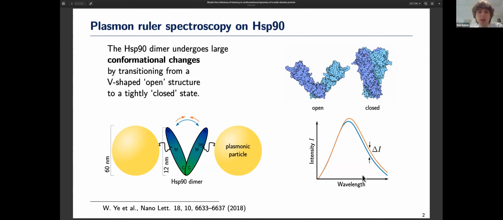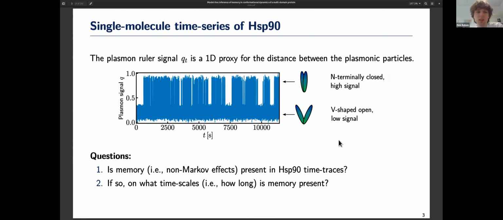So essentially what they get as a result of the measurement is a plasmon ruler signal, Q of t, which is a one-dimensional proxy of this precise opening and closing motion of the protein. Here I show you a small snippet of one of these trajectories. The actual trajectories are much longer, even multiple hours long, but even for this very short one, we already see two distinct states. The low plasmon signal corresponds to the open shape,